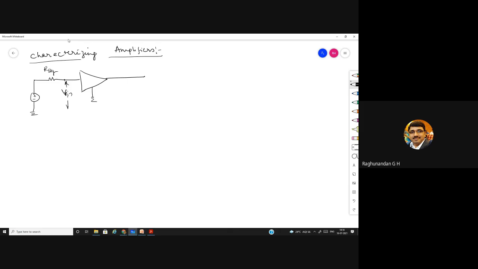We call it Vi, the signal. The current which is entering is Ii, and the current which is going out is Io. And we have a load resistance RL. This is Vo, the output voltage. So this circuit, whatever we are using here,